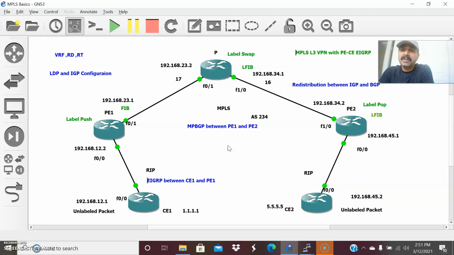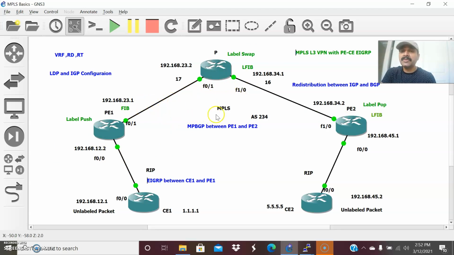Before that, let us do a quick summary. First we configured the VRF and RD, which I already explained, to distinguish between different routes or different customers. Second, we enabled LDP. LDP is for advertising and distributing labels between the provider edge and provider core routers. Then we configured the OSPF routing protocol, because that triggers the LDP advertisement between the provider edge routers. Third, we advertised the VPNv4 route between provider edge 1 and provider edge 2 routers, because it carries an RD and prefix; that combination is the VPNv4 route.